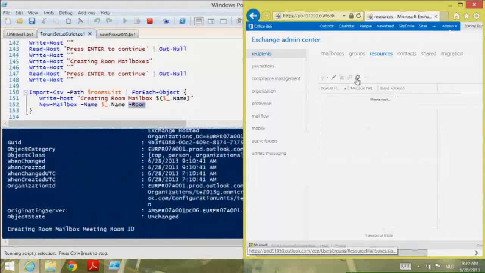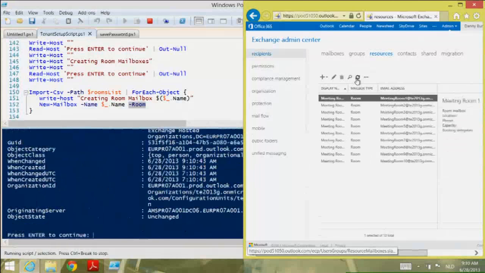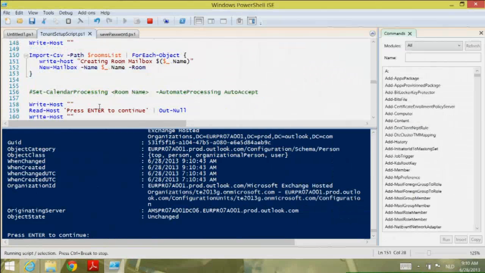They're starting to come in. All right, and we're done. So I've created all these 10 different room mailboxes, which can actually be used within the organization to schedule a